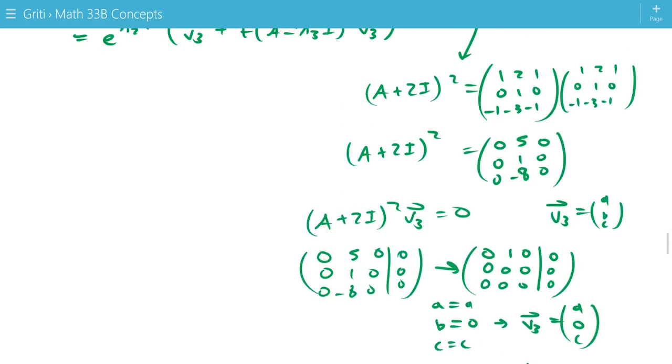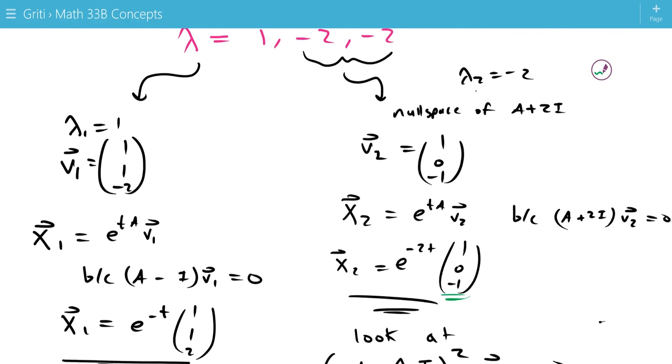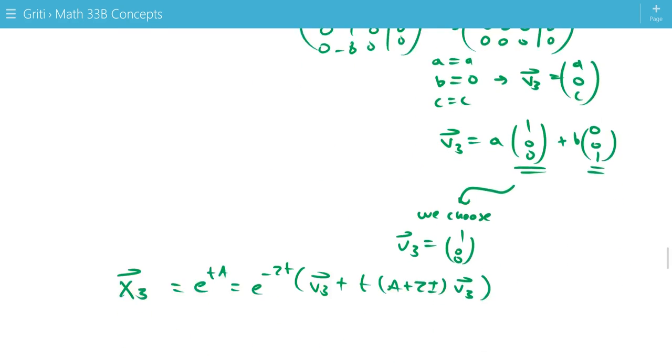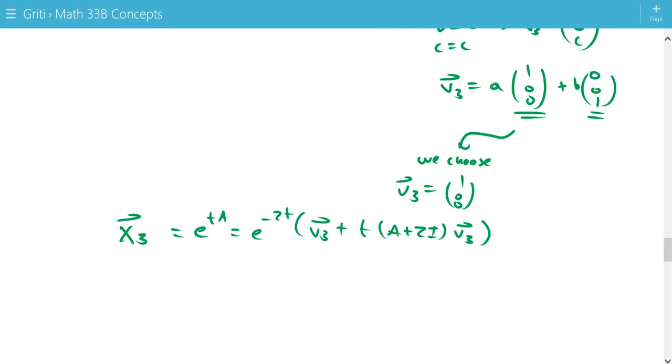So what we can actually do is bypass this step altogether, finding V2 using A plus 2I, and we can just use these 2 generalized eigenvectors, 1, 0, 0